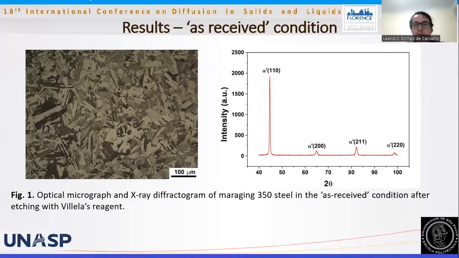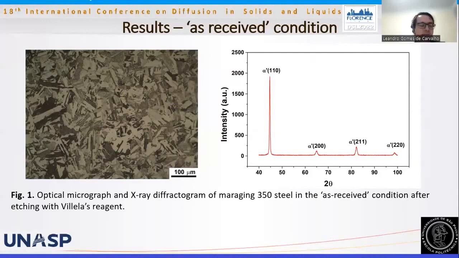Chemical etching using Vilella's reagent revealed blocks and packets of lath martensite. The X-ray diffractogram shows the studied maraging 350 steel presents a fully martensitic microstructure, considering the detection limit of about 1%